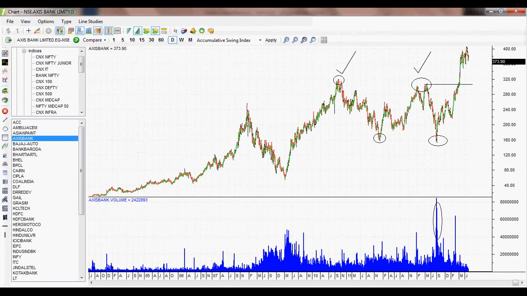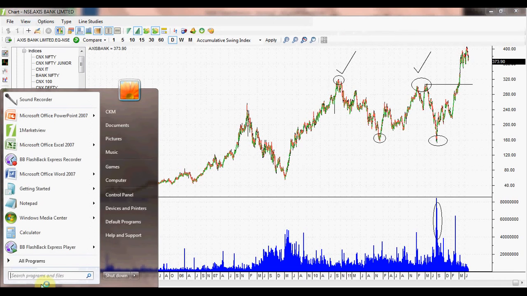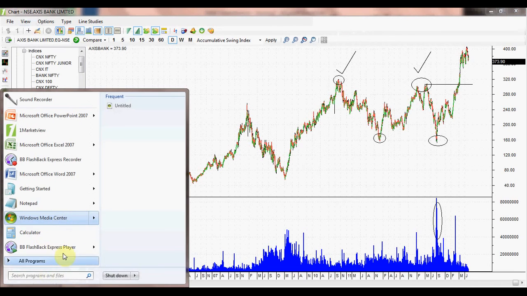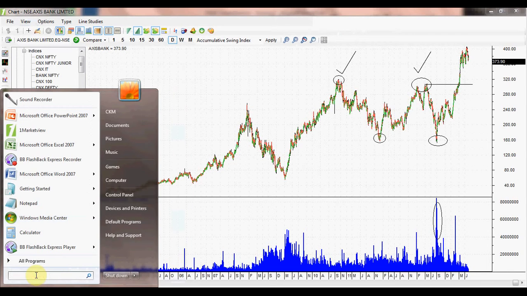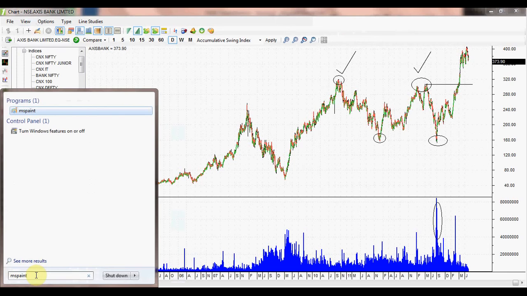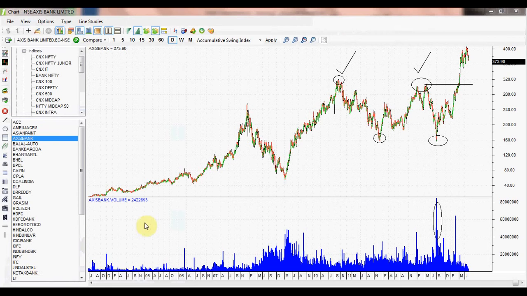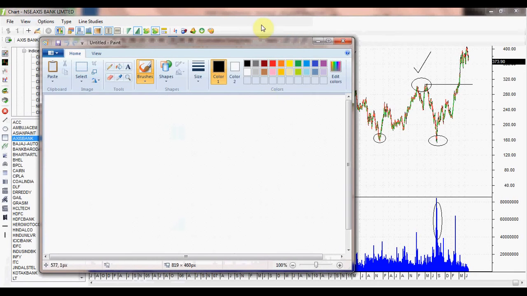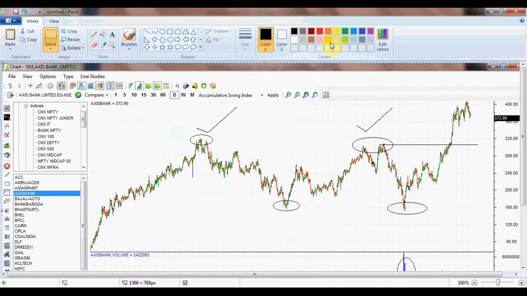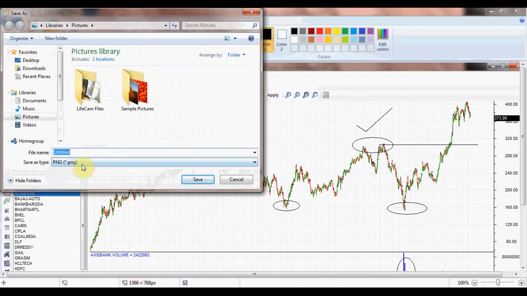Now what I'm going to do is go to the start button and find MS Paint. You can type MSPAINT on your run command, or you can find something called MS Paint. Go to this and you'll get a paint window. Just paste it, and what you have to do is save the same. There is a save option. Kindly save it under whatever name you want, the Axis Bank